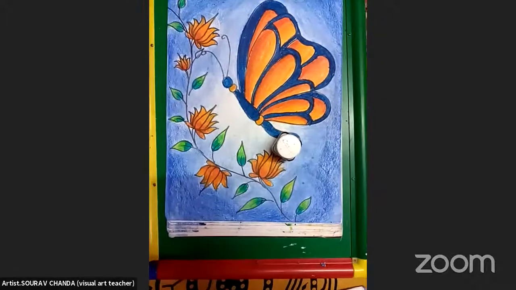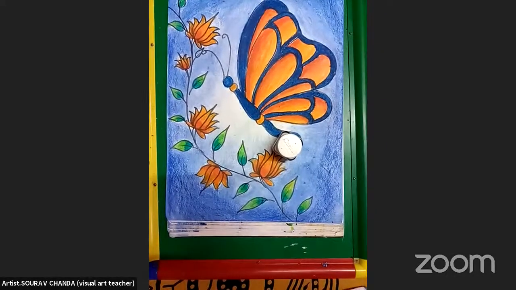Okay, now I will take up the brush. Now, if you're doing it with the brush, which number brush will you take? You will take